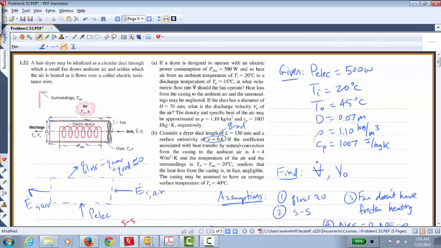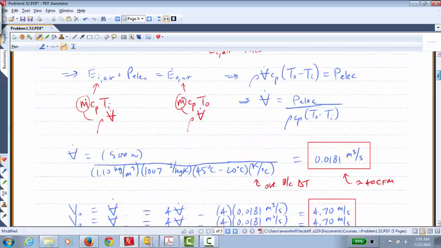Then it says if the coefficient associated with the heat transfer by natural convection from the casing to the ambient air is 4 watts per meter squared Kelvin, and the temperature of the air and the surroundings are both 20 degrees C, confirm that the heat loss from the casing is in fact negligible. The casing may be assumed to have an average surface temperature of 40 degrees C. So for part B now,